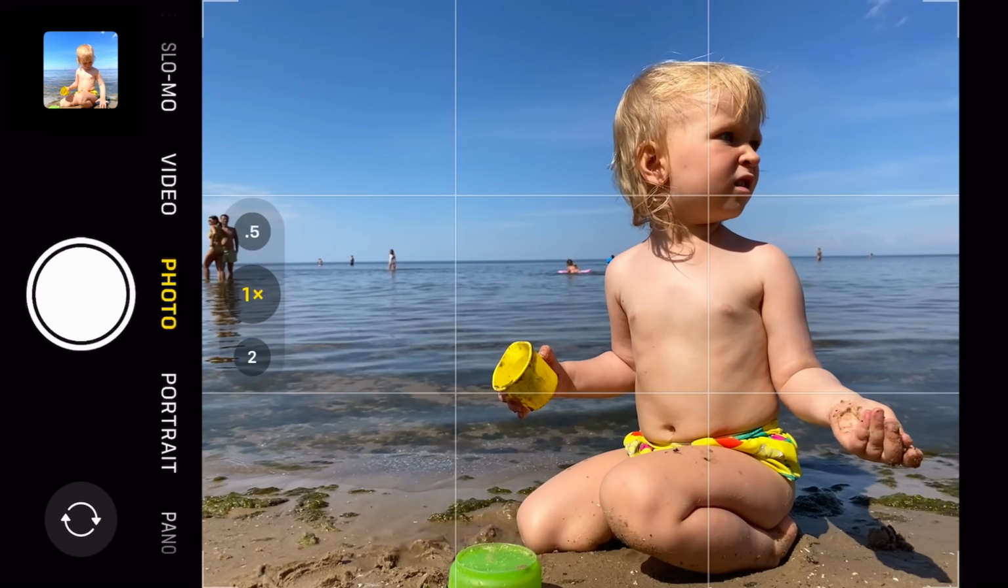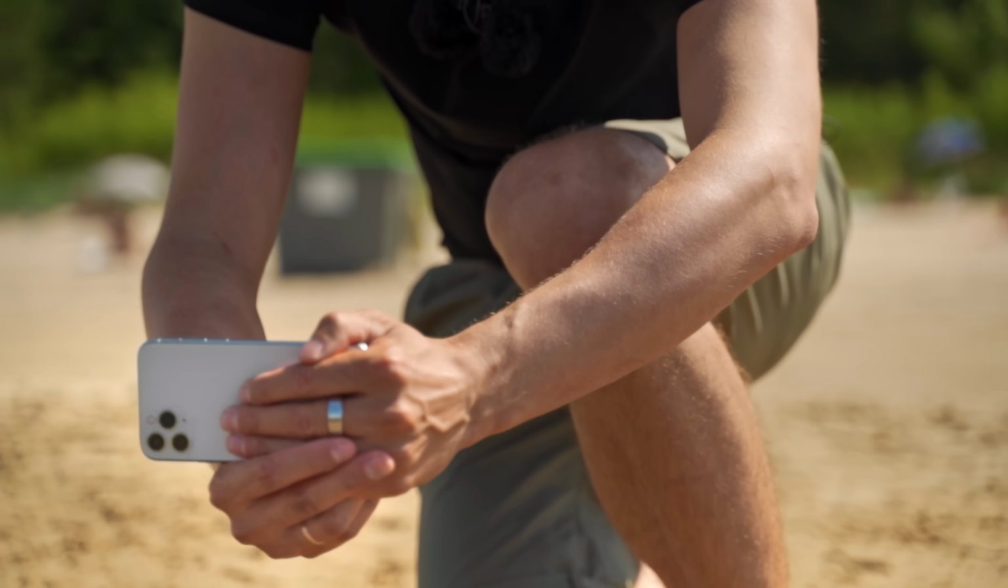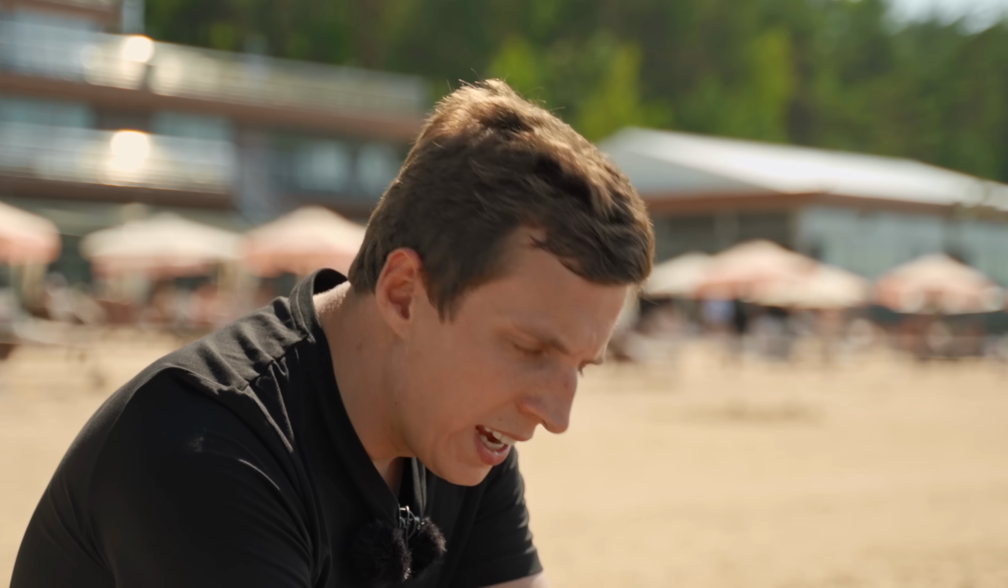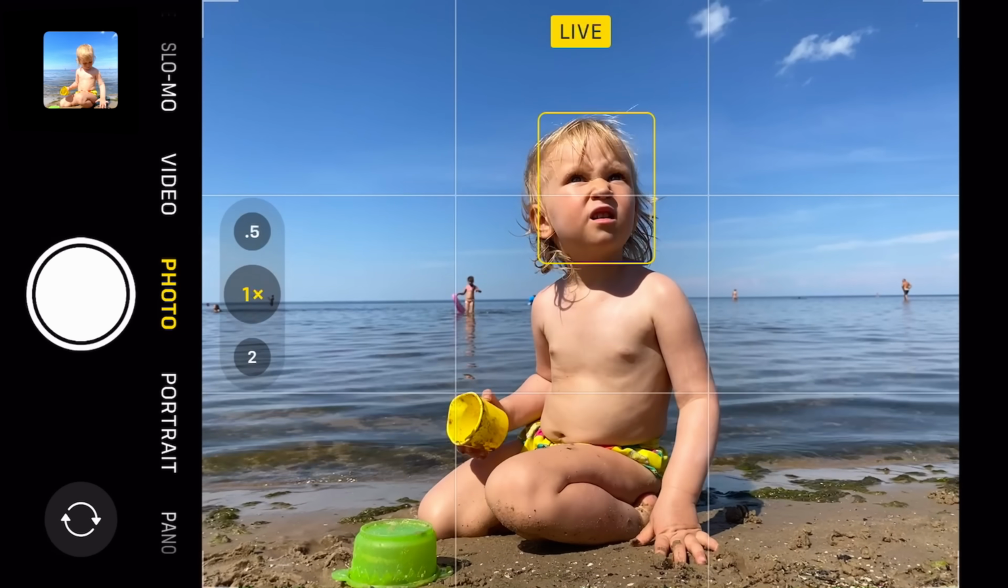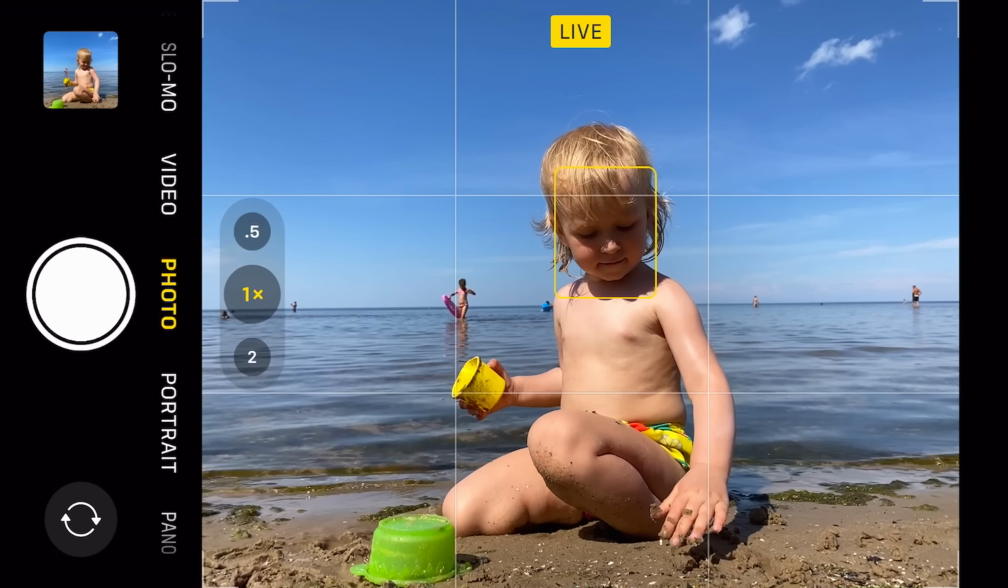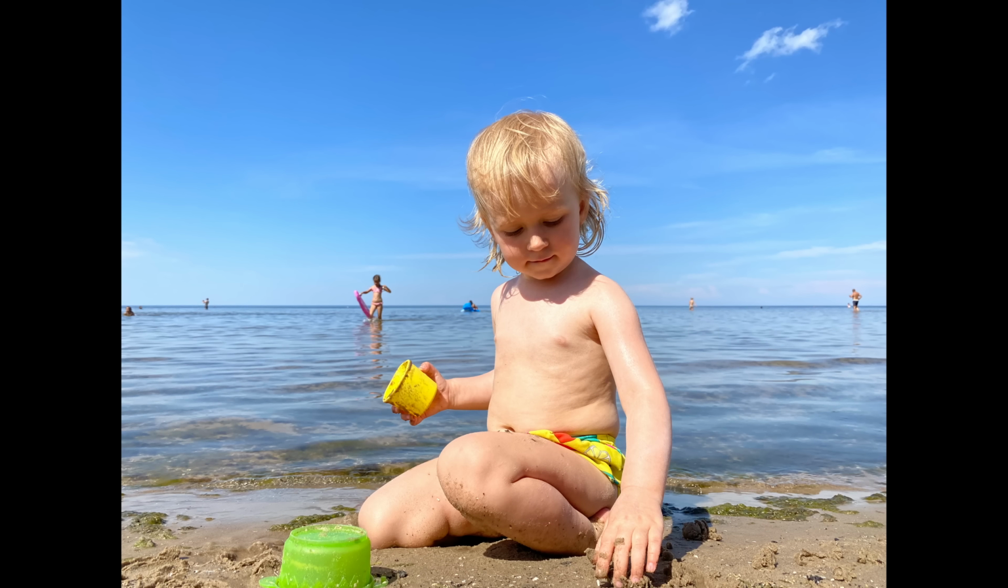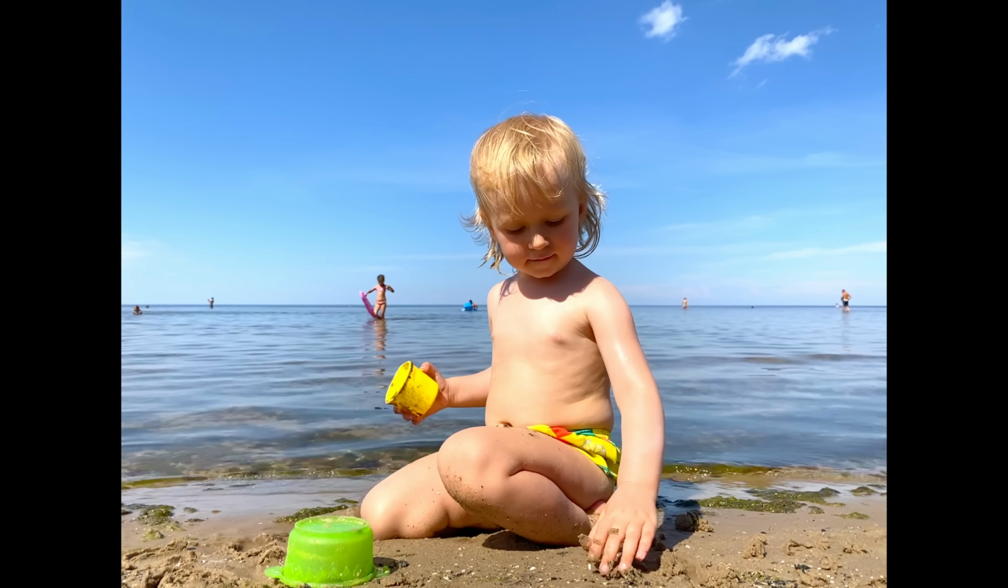So I'm going to frame this up carefully. I'm going to try to not move the phone at all. And now that the phone is steady, I'm going to gently press the shutter, and you'll see that the live photo was recorded. Now, I did capture a live photo, but I don't think I got what I needed,